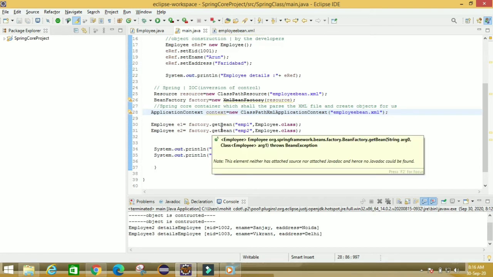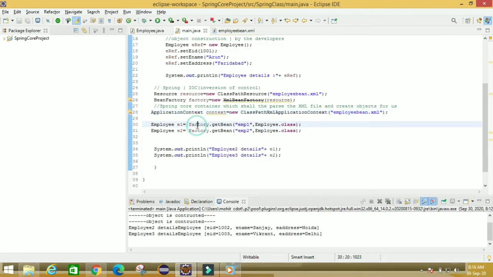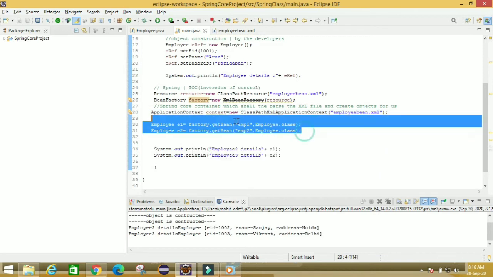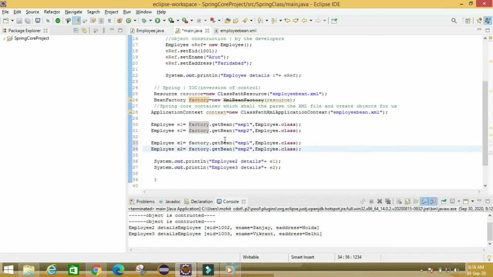So earlier we were using the factory; rather than the factory, we will now use the context.